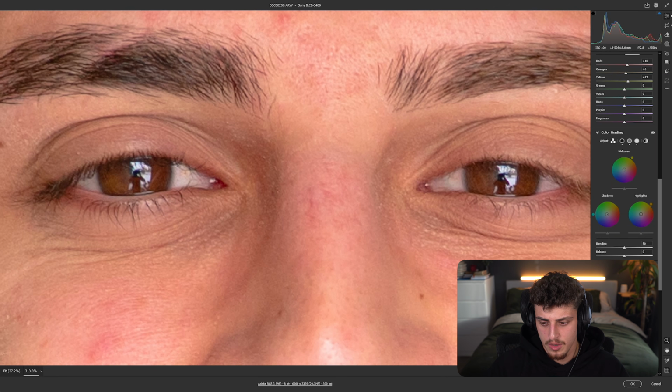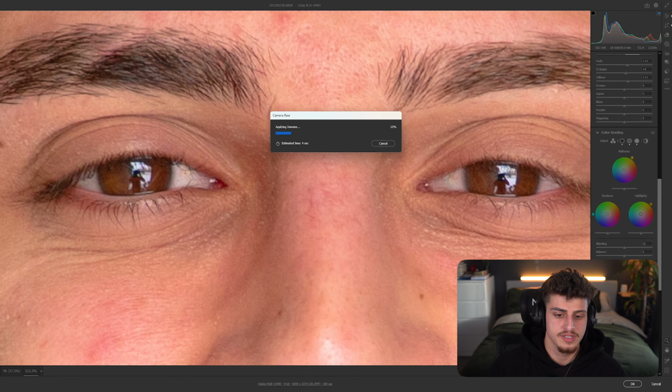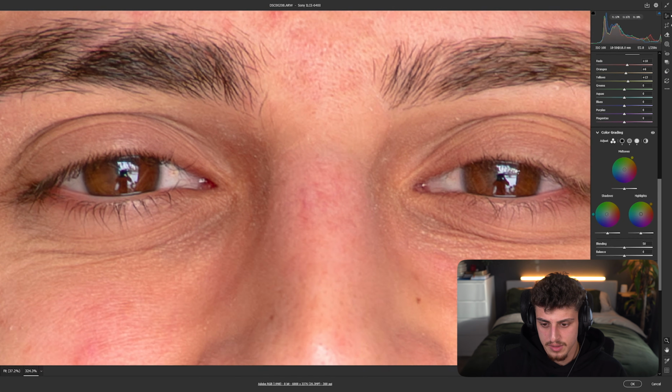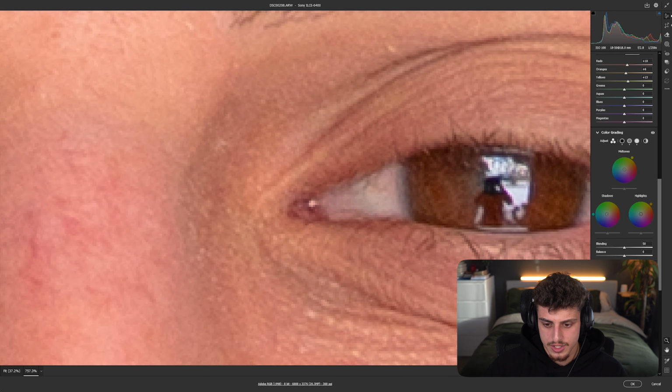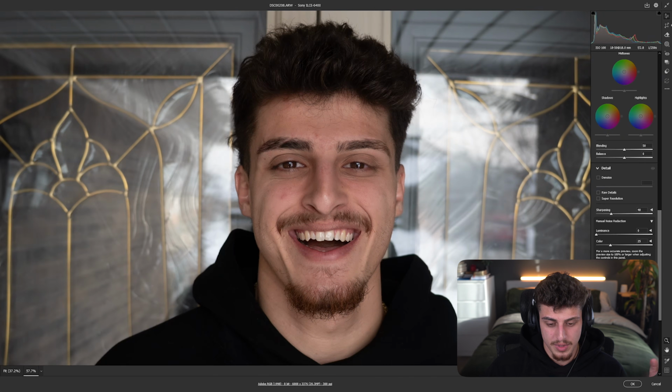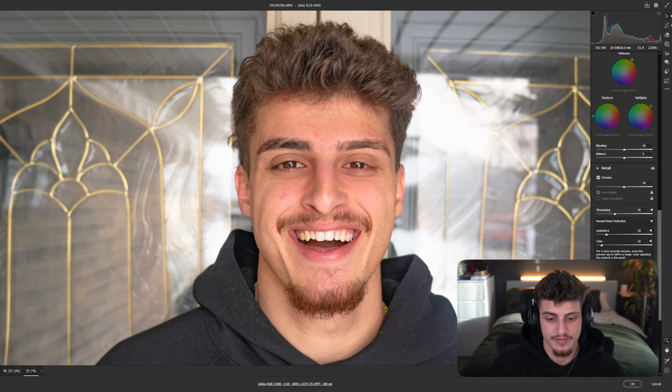Let's also come and turn on denoise. Now denoise is only available if you're using a raw image, but it just takes away a tiny bit of the noise in the image. Let's sharpen our image a tiny bit more, and then we can bump the luminance up slightly, and then the color as well. And this is just going to get rid of even more noise and make our skin and our image look smoother. And as you can see, here is the before and here is the after,